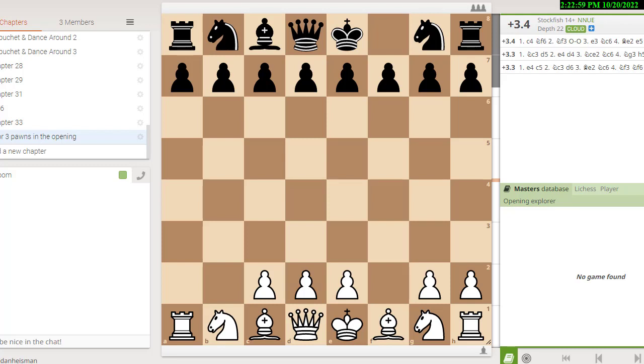If this was the end of the game and I said to you, would you rather have an endgame where you have a king and 3 pawns or an endgame where you have a king and a bishop? Well, that's kind of a silly question because you can't checkmate with a king and a bishop unless the pawns self-mate the king. But the 3 pawns could easily beat the bishop if one of them can go down and promote. So, of course, at the very end of the game, you'd rather have a king and 3 pawns against a king and a bishop.